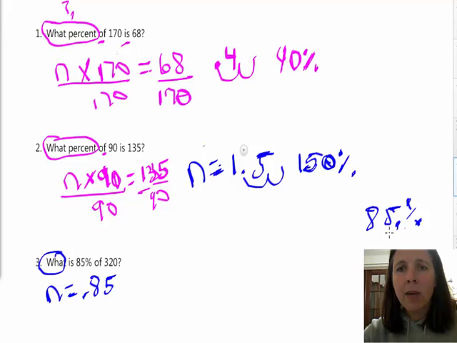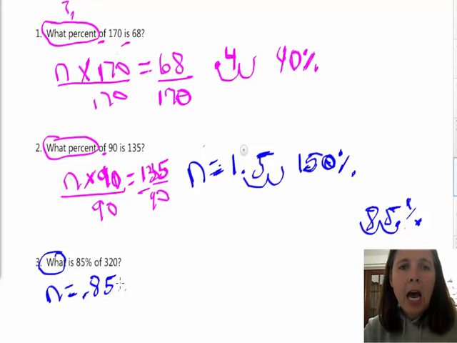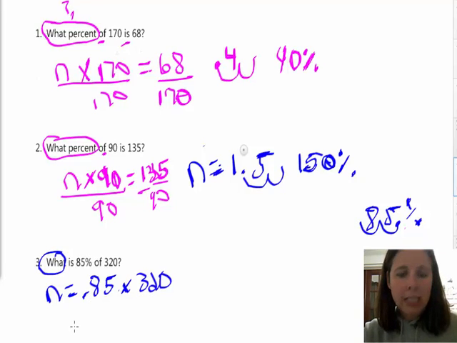The decimal is right here. We have to move it to the left two places when you make it into a decimal. Remember that from way back. Of means times, so times 320. The 0.85 and the 320 are on the same side of the equal sign, so you just multiply those together. So n equals